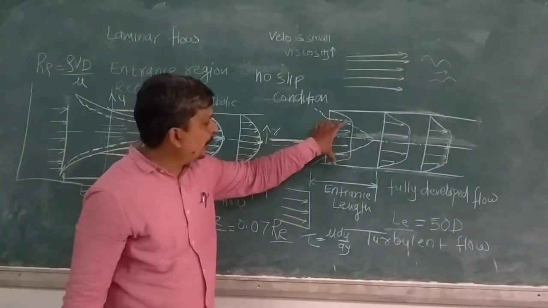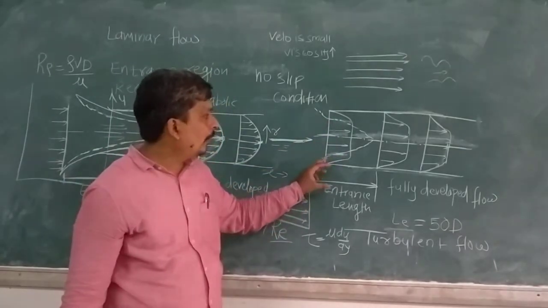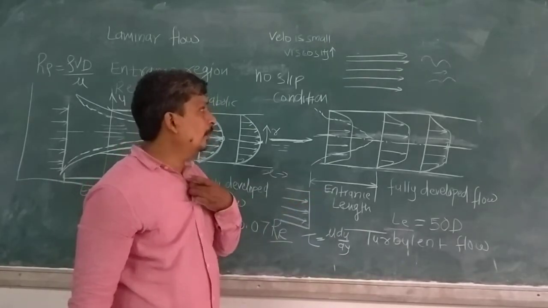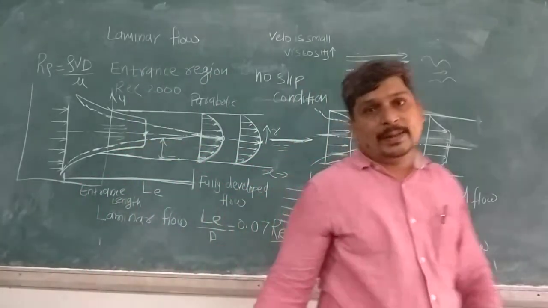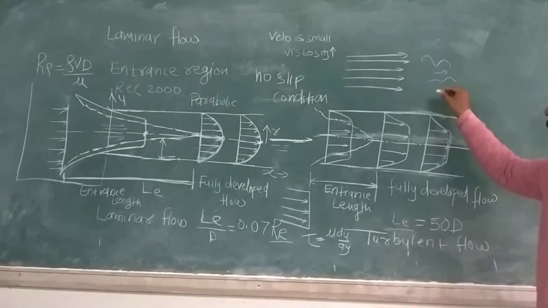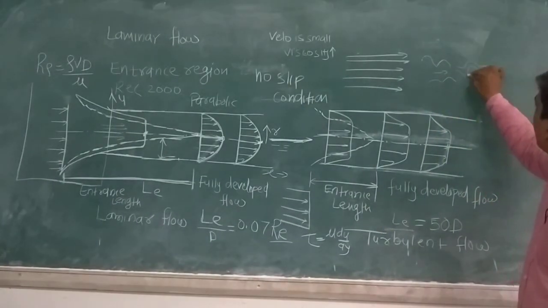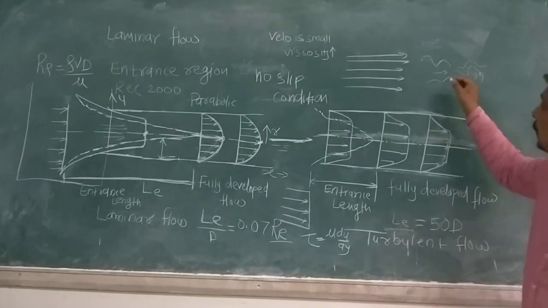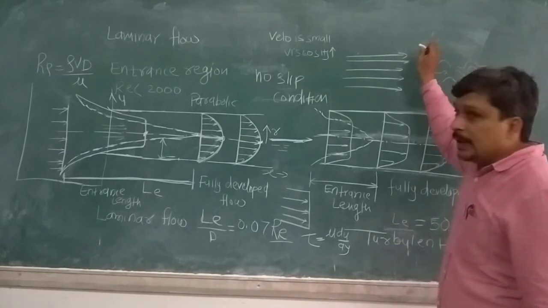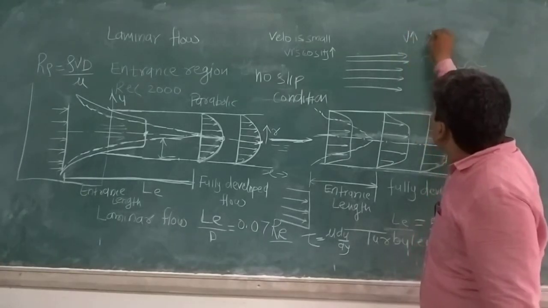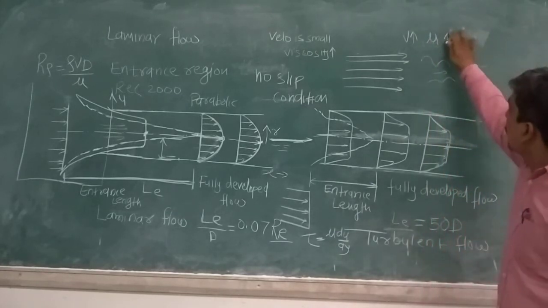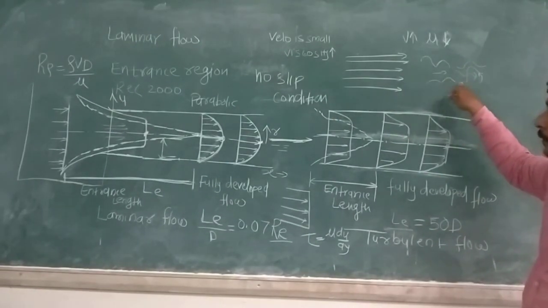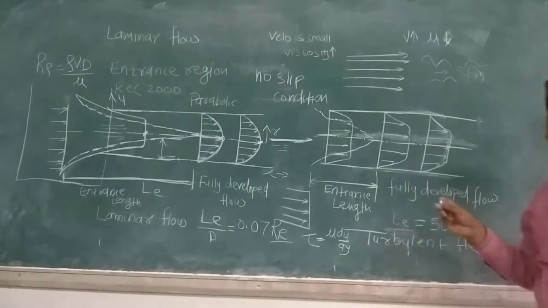Now this second diagram is for the entrance length of turbulent flow. In turbulent flow, we know there is no fixed lamina. The fluid moves in a zigzag way, because flow is turbulent when velocities are very high and viscosity is low. That is the opposite of laminar. When viscosities are lower and velocities are very high, the flow becomes turbulent.